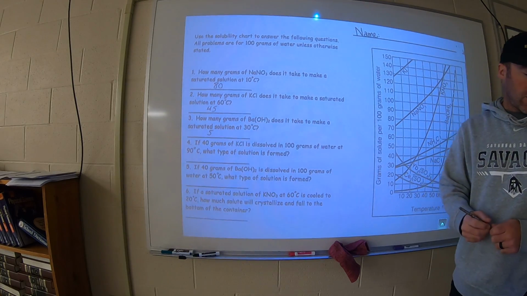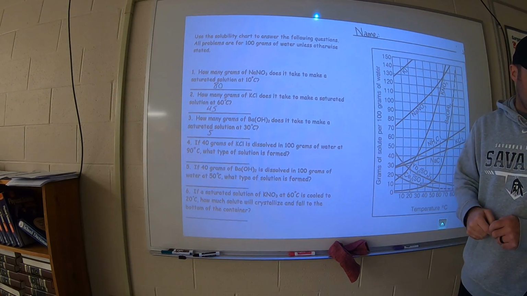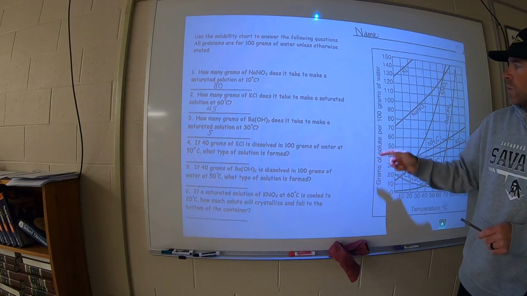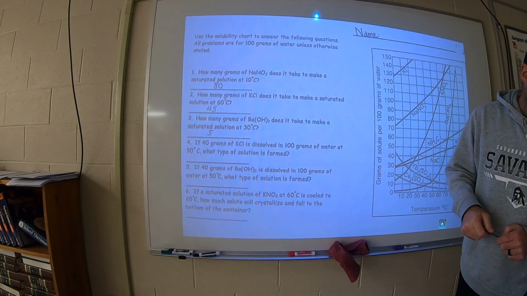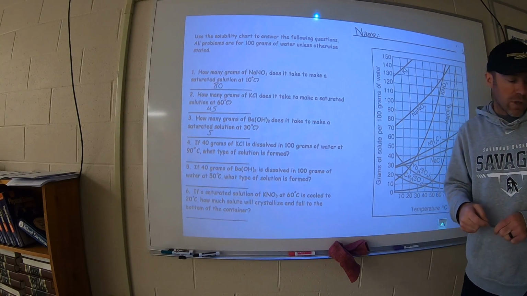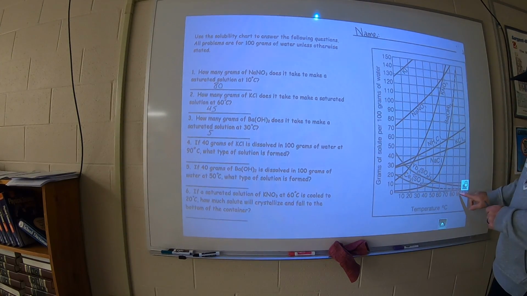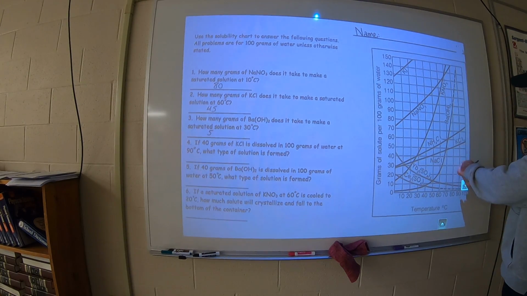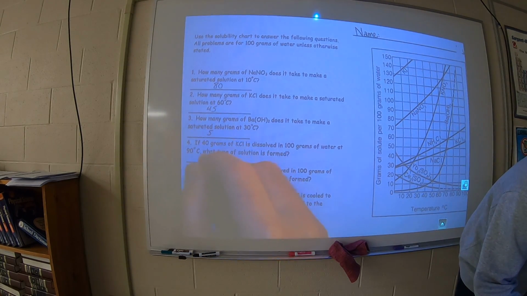Number 4, if 40 grams of KCl is dissolved in 100 cubic centimeters of water, which is what it says over here, at 90 degrees Celsius, what type of solution is formed? So find 90 degrees Celsius, find 30 grams, it's right here. We are under the KCl line, so this is an unsaturated solution. If it's at the line or above, it's saturated. So number 4 is